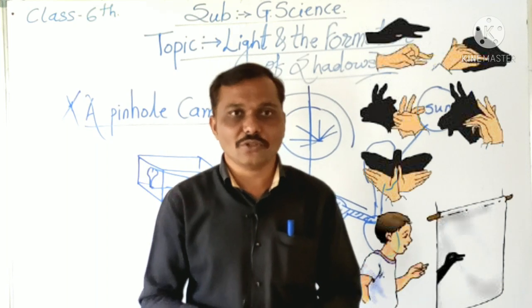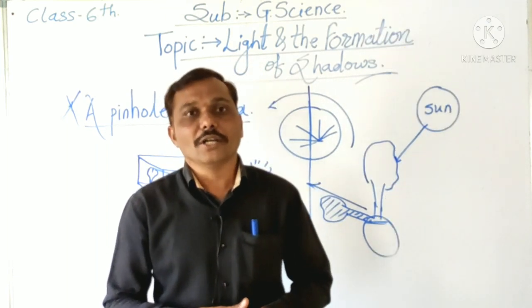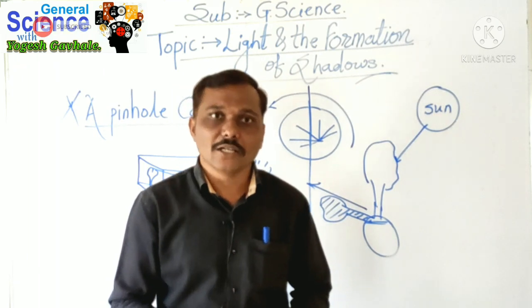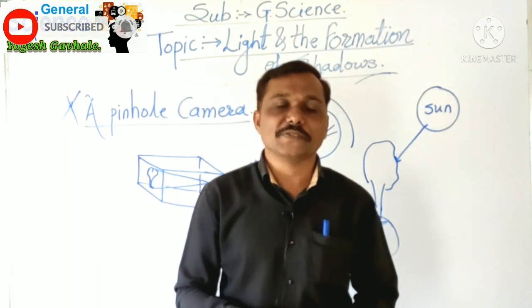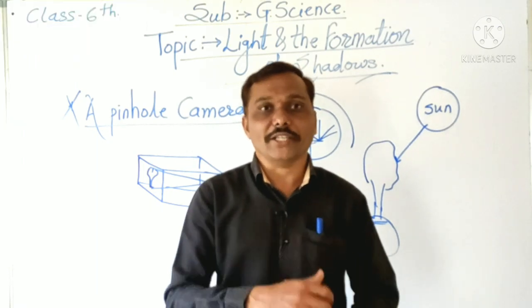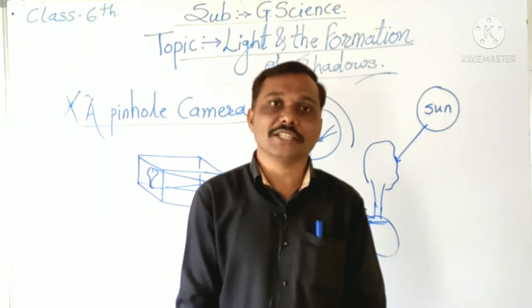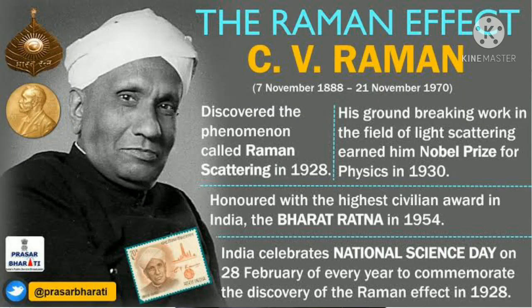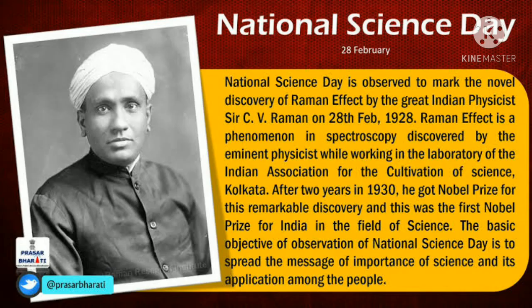Okay, so now do you know that here we learn about light, and in our India there was one great Indian scientist who achieved a Nobel Prize in physics in 1930, and based on his groundwork, his research in India, every year since 1987, on 28th February, we celebrate National Science Day. Who is that? Mr. C.V. Raman, a great Indian scientist.